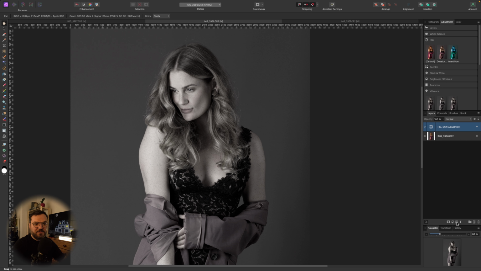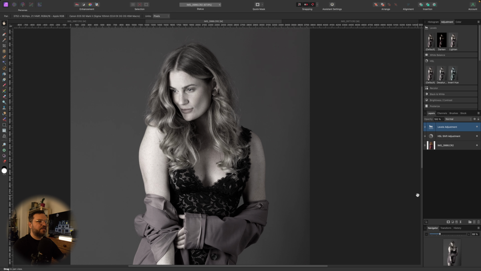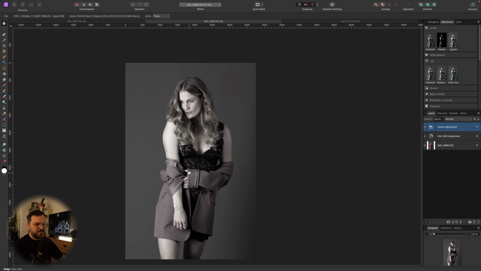I think from here the only thing that I would do is go to Levels, go default, and just bring back the luminosity, the white levels. All right, something like this. Really like it. Has a tint of color, but I still consider it a black and white. Let me know what you think below. Is this a black and white or